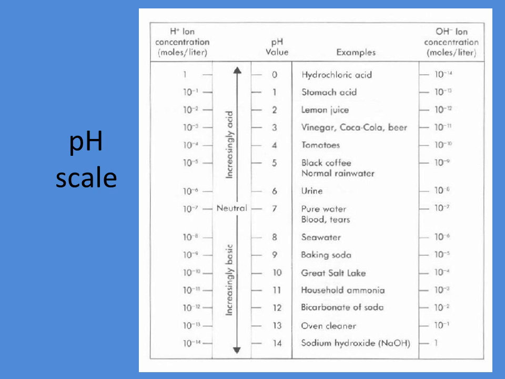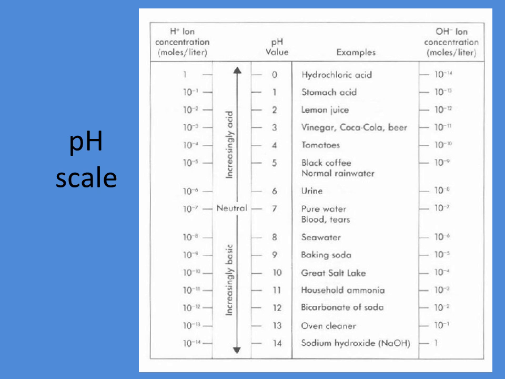If you're given the hydroxide ion concentration, you need to take that number and subtract it from 14. So right here, you have 10 to the negative 13, so you take 13, subtract it from 14, and you get a pH of 1. So there's some practice that you can do for that